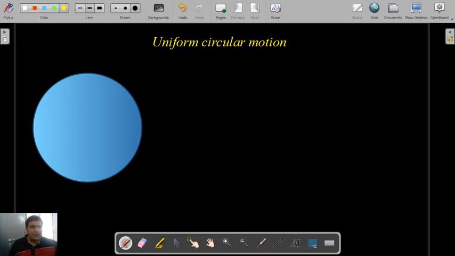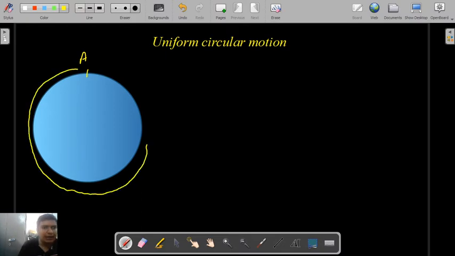Now students, suppose a particle is starting from point A, and after completing the whole motion it again comes back to its initial position, that is point A. So if any object covers the whole track, this is called one revolution, and in this case the total distance in one cycle